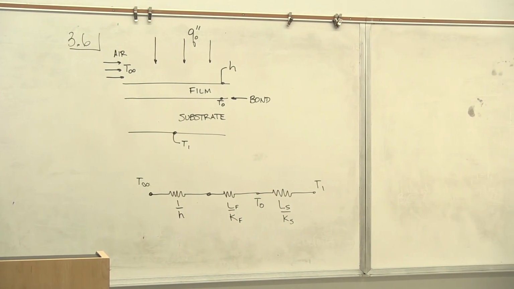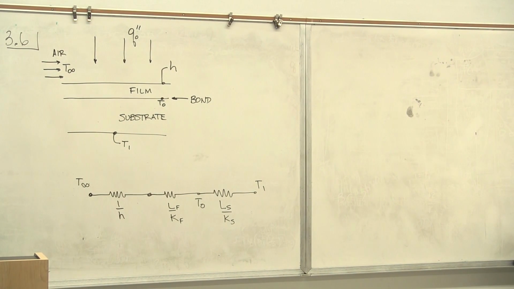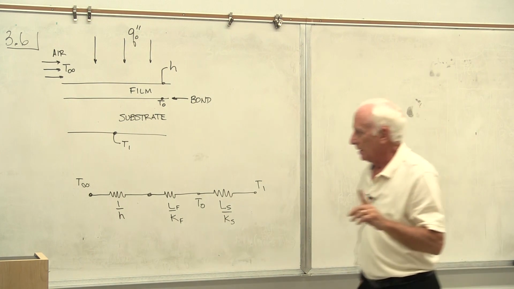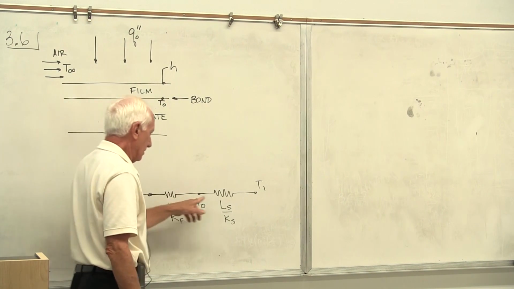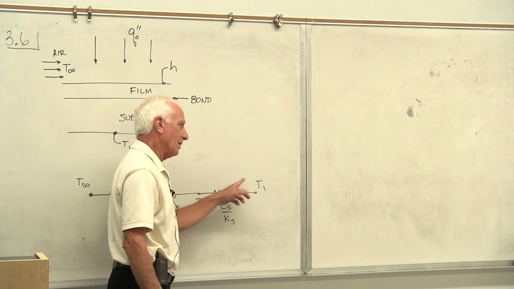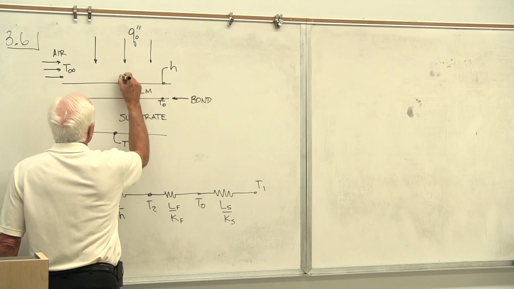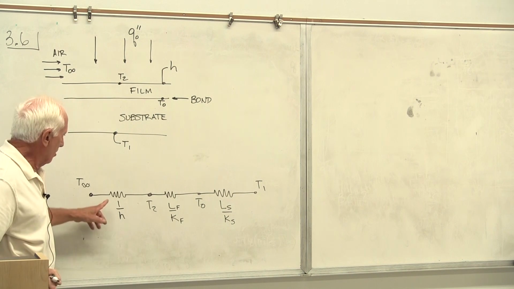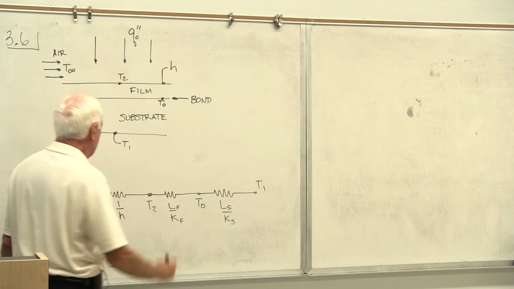Let me reread it. Show the thermal circuit and be sure to label all the elements. It says label the elements, the nodes, and the heat rates, and leave in symbolic form. Symbolic, no numbers, symbols. The elements are resistances. Labeled, labeled, labeled. The nodes, T infinity, T naught, T1. Okay, I'll label it T2 just to satisfy him. Now I've labeled all the nodes. And the heat flows. Okay, I got to label Q.